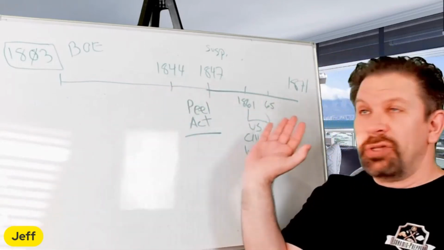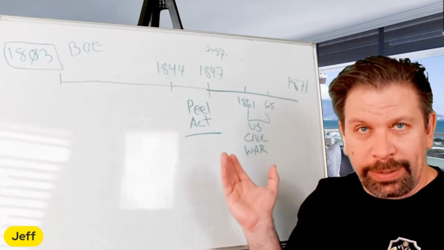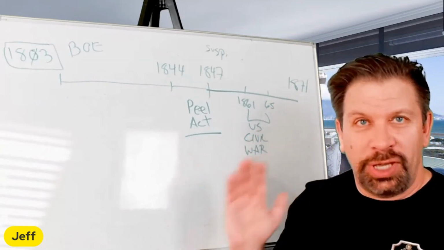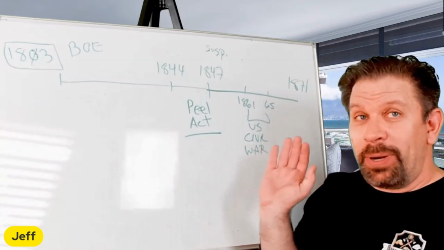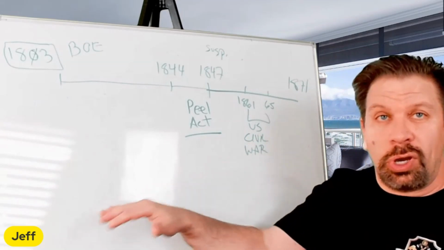So after this happens, the U.S. tried it. Lincoln tried to do a greenback. They tried to back the currency in a different way. Didn't work well, but after the 1860s, they became a phase of Reconstruction, which we'll talk about next.